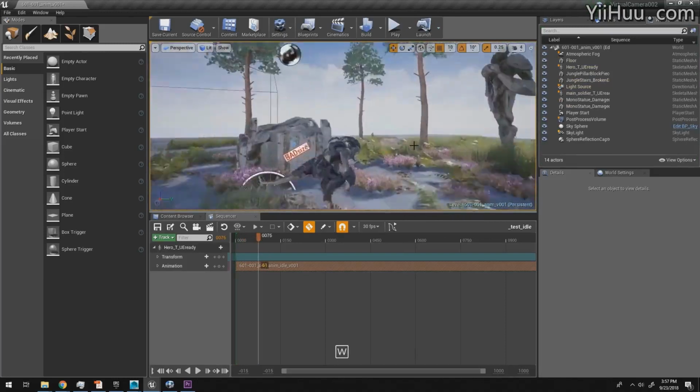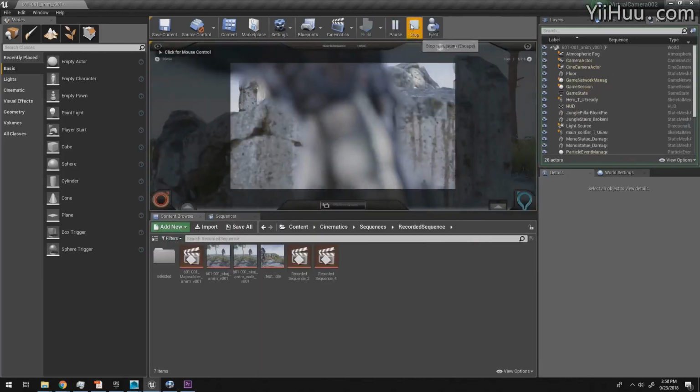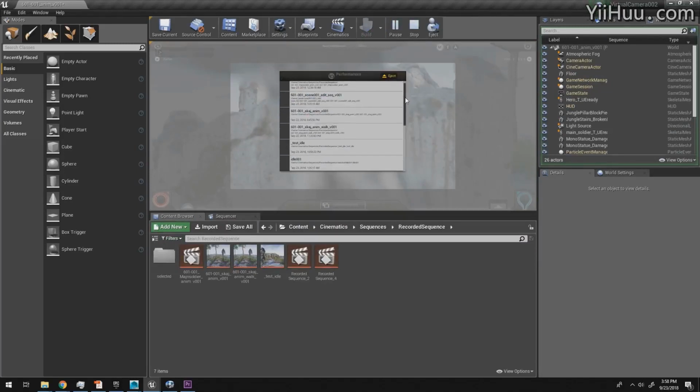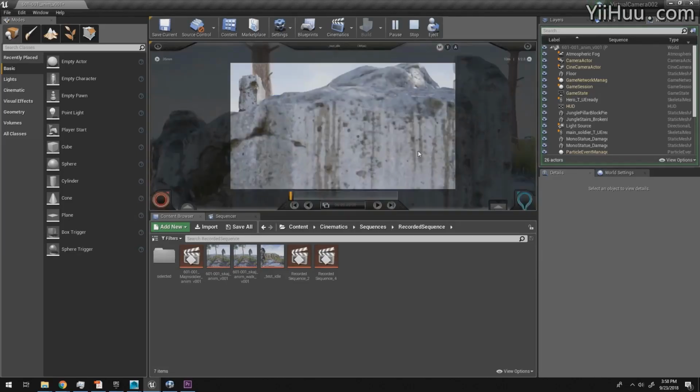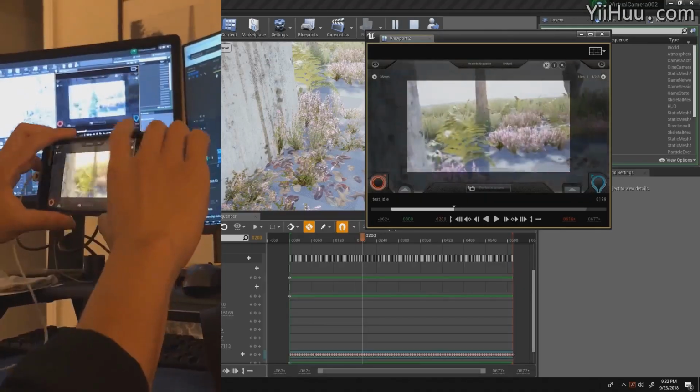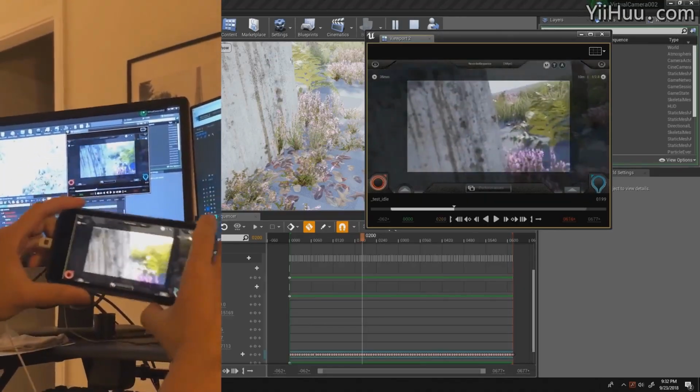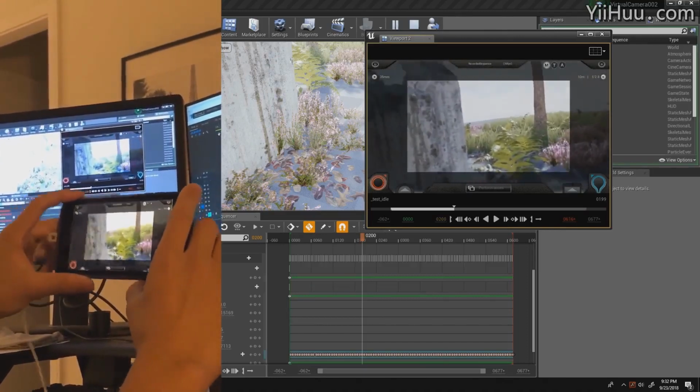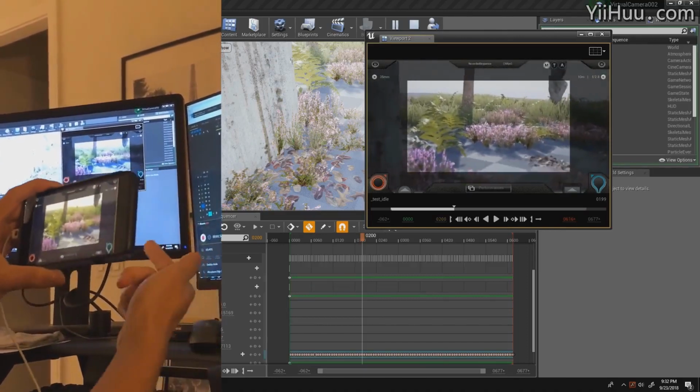Okay, now it's ready. So now things are ready, and it's very important to label your performance sequence properly, because it will show everything you have in the scene, and you want to be able to navigate on your phone quickly. Okay, let's now connect our phone with our desktop. Launch the remote app on our phone. So as you can see right now, my phone and my desktop are connected,